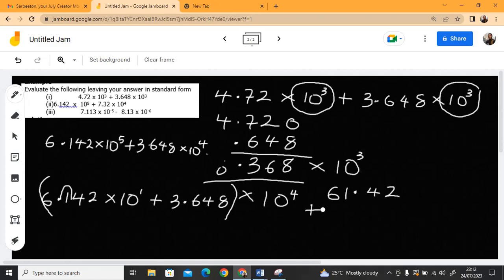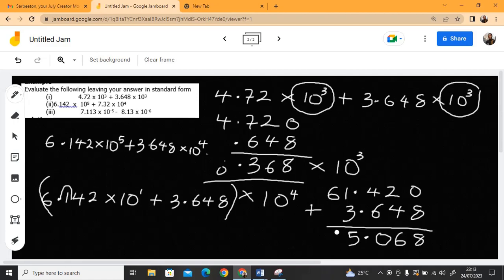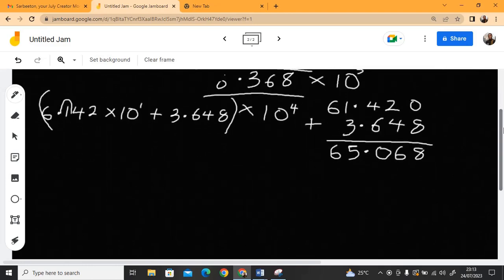Then you are adding 3.648 plus 3. In addition, the points have to be aligned: 6, 4, 8. I told you, you put 0 here. So when you add them up, 8 plus 0 is 8. 4 plus 2 is 6. Now 6 plus 4 is 10, you write 0, you keep 1. 1 plus 3 is 4, plus 1 is 5. Then you have 6. So you have 65.068